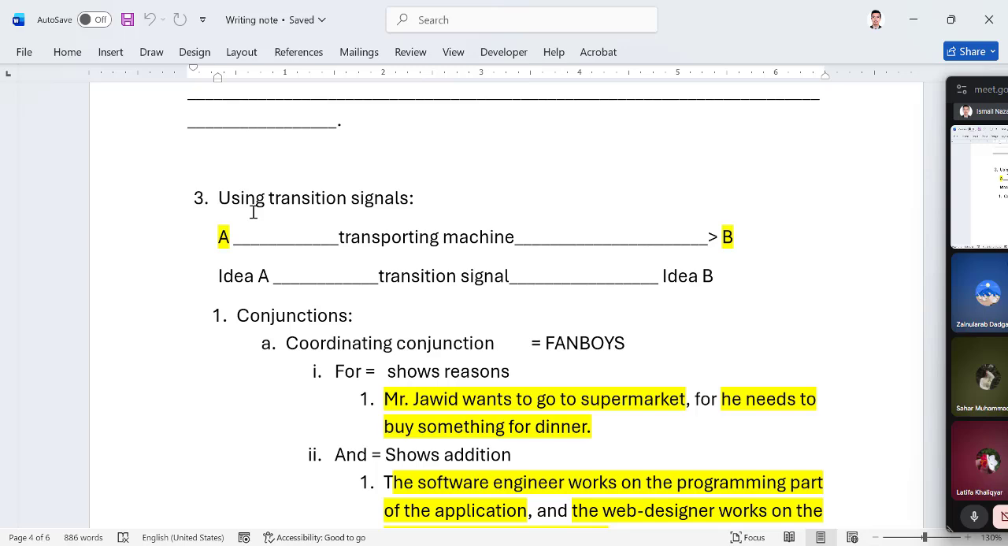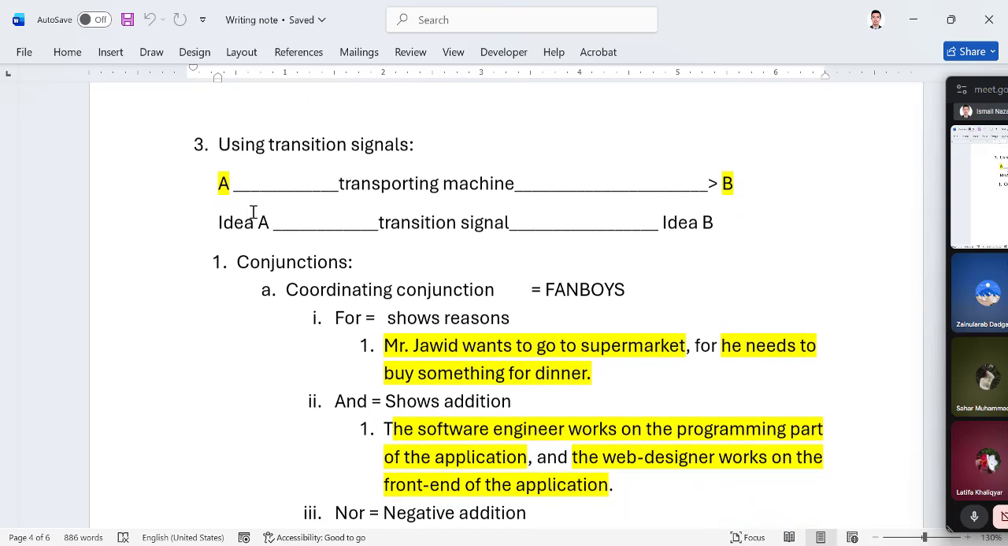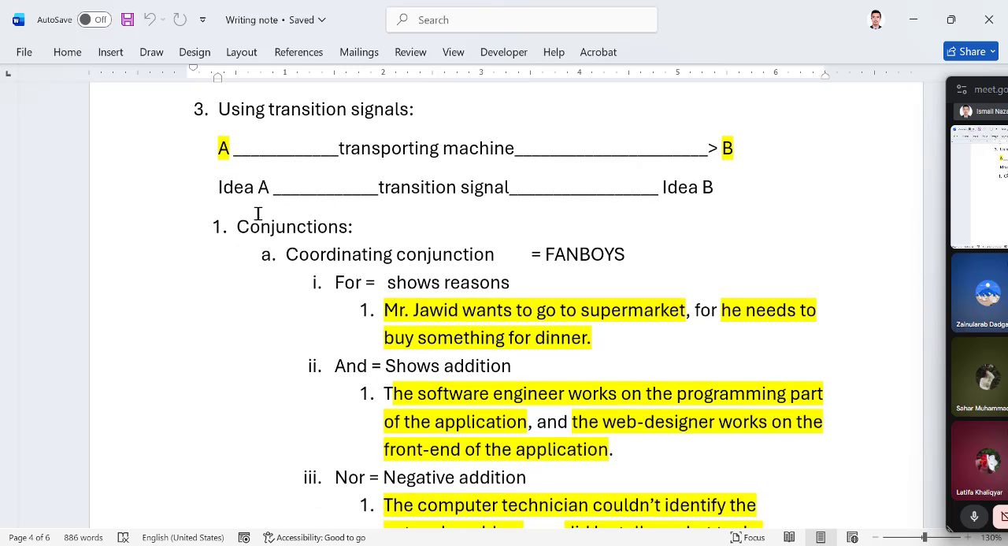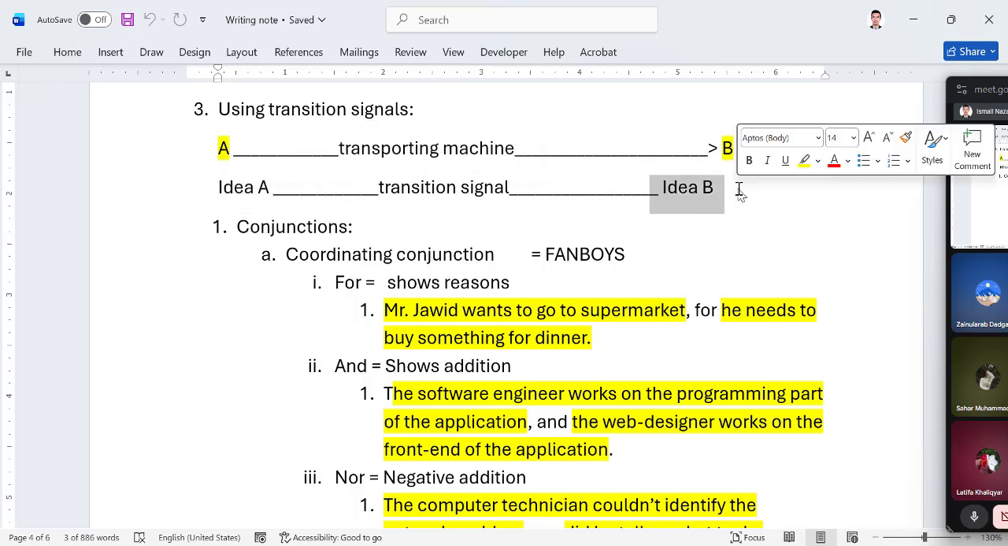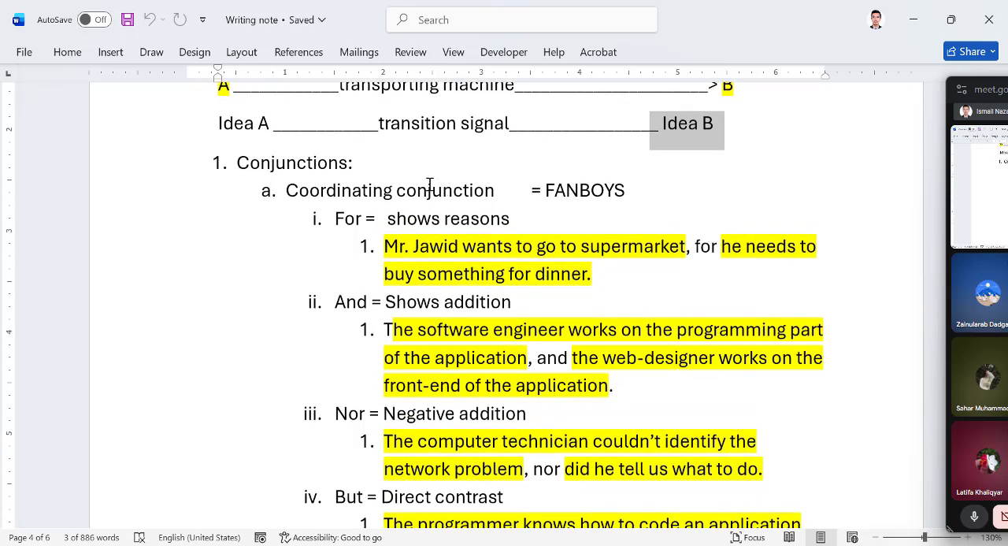And the third way to bring coherence is using transition signals. Then we mentioned what a transition signal is. It works like a transporting machine that we have. It connects two ideas to each other. So idea A first, for example, and we want to connect it to idea B. We need a transition signal to connect these two. Now, transition signals had